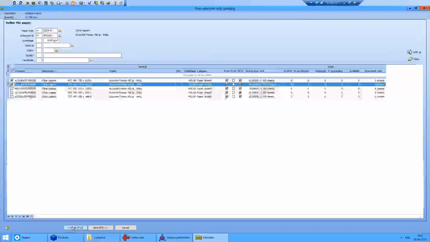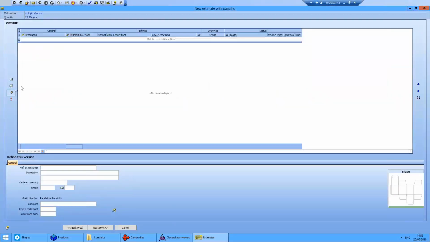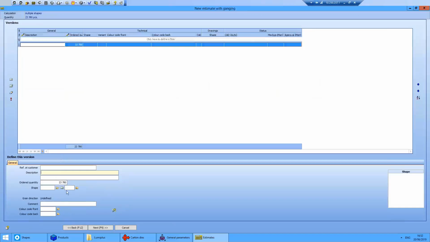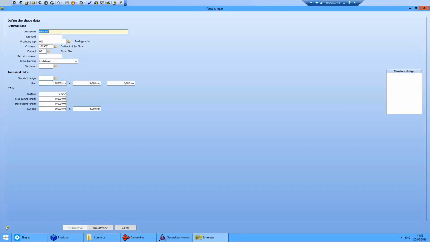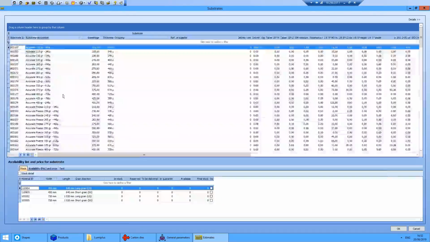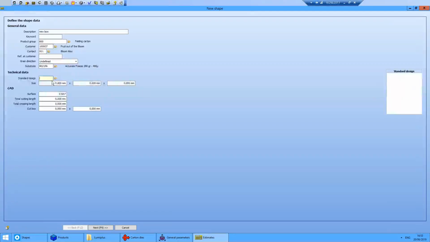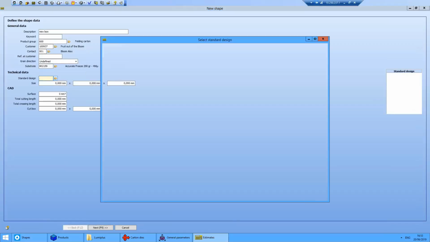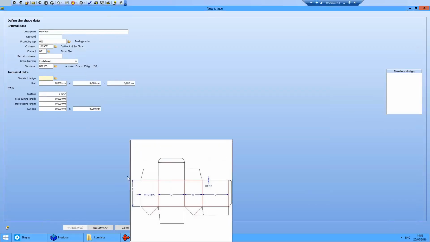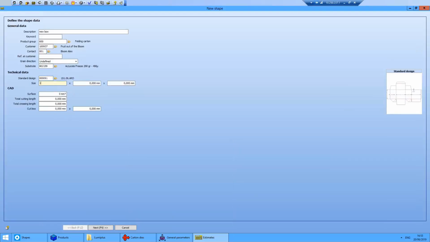Now in some cases, if you would create an estimate for a new box, then you would add here a line for the new box. You do not have the shape yet, since it's a completely new project. Then you have the button new shape to create a new shape out of the estimate. You need to indicate the substrate that you want to use, for example, this freeze material, standard design. I select out of my list a standard design. I indicate the dimensions,